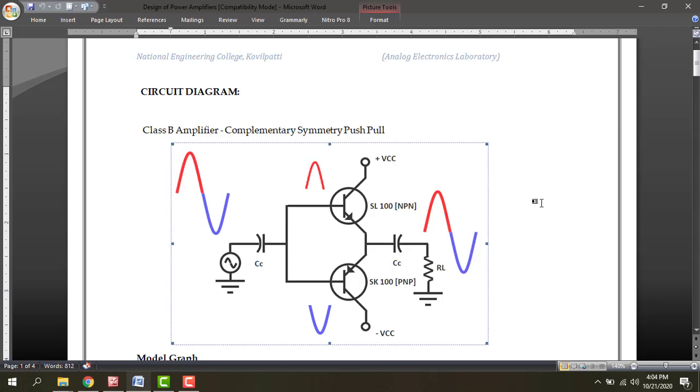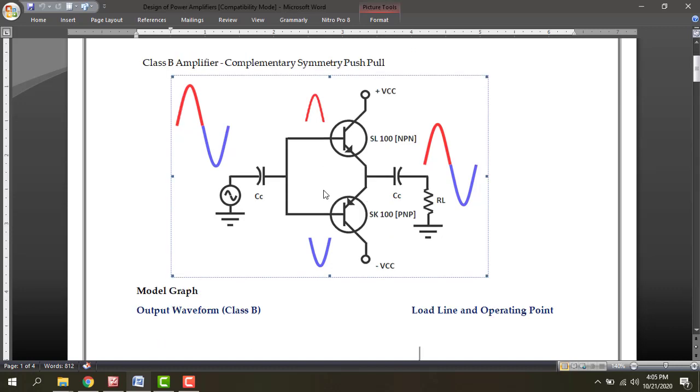The bases of the two transistors are short circuited and connected to the signal through the coupling capacitor, and the two emitters are short circuited. Through the emitter we connect one load, the output load. Since the output is taken from the emitter, it is called the common collector configuration. So it will amplify only current, it will not amplify the voltage. The voltage gain of this class B amplifier is less than unity. So if you give a 2 volt input, the output will be less than 2 volts. It will increase the current only, not the voltage.